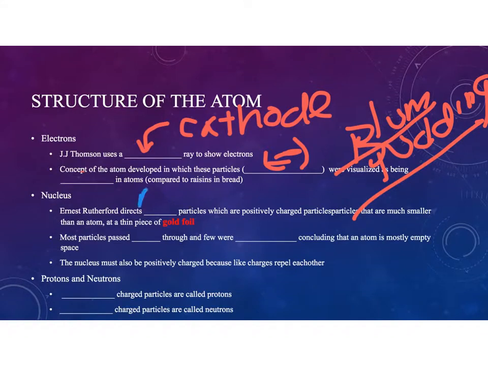Alpha particles, which are positively charged particles much smaller than an atom, were shot at a thin piece of gold foil. Most particles within the experiment passed straight through and were only slightly deflected, and this basically proved that the atom was made of mostly empty space, because if alpha particles, which are smaller than atoms, were shot through an element which is composed of only one type of atom, it's basically saying that